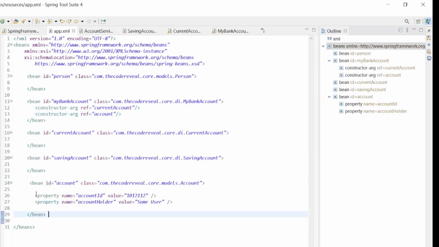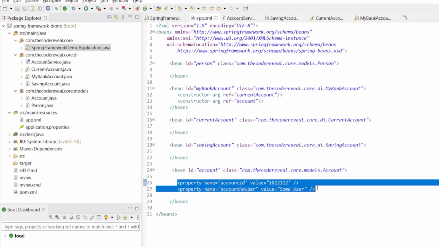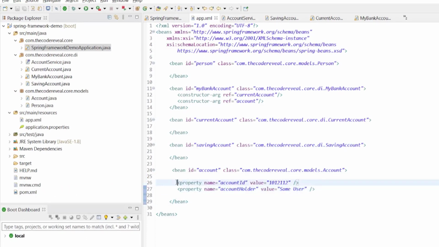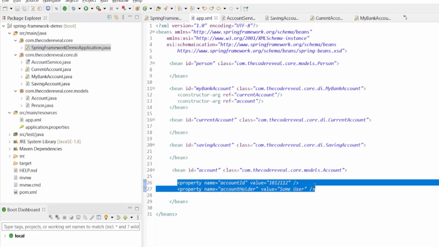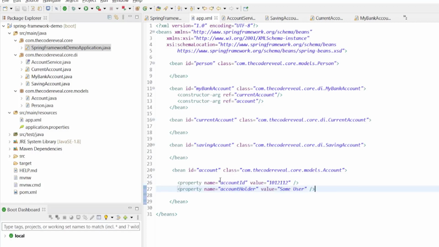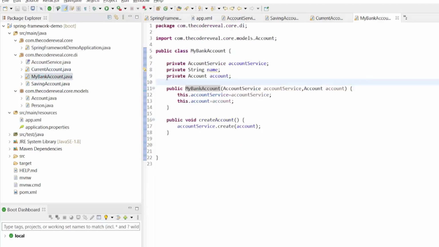There we are initializing the dependencies, basically the properties that we are setting through the setter method. So we are passing the property name and then the value. Once this bean has been created, we are passing it in the constructor argument to the my bank account, and in the my bank account we are setting this account and passing it through the account service.